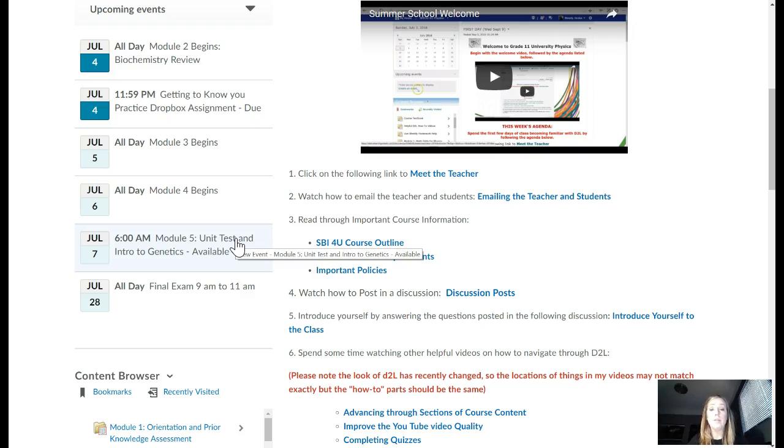Handing in Dropbox assignments and discussions, those need to be done on the days that they're assigned. Otherwise, you may see late marks for those. But as far as a unit test goes, if you need a day or two extra after the weekend, let's say, use your weekends as a catch-up, okay? So I'm posting new material Monday to Friday, weekend comes along, and you've got to catch up on a few things, then use those 2 days to get yourself back up to speed, because this course is going to go quite quick.